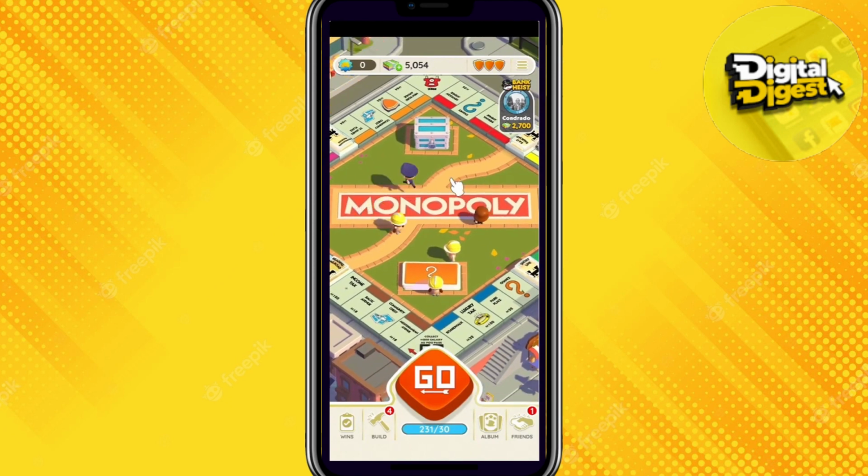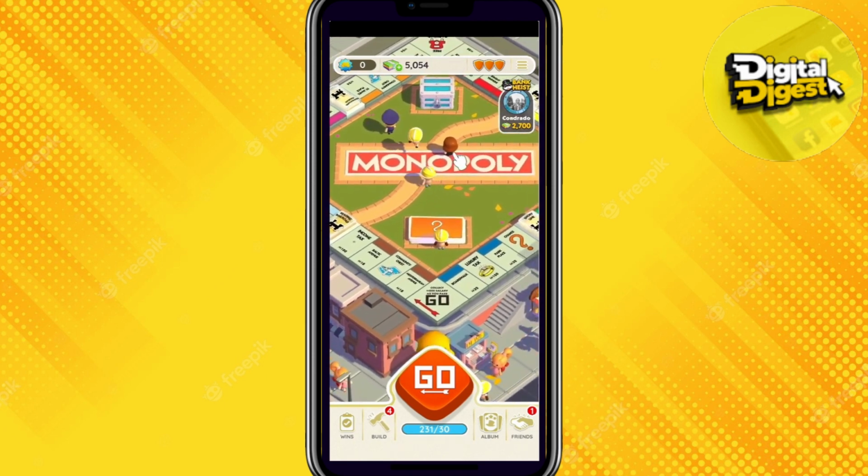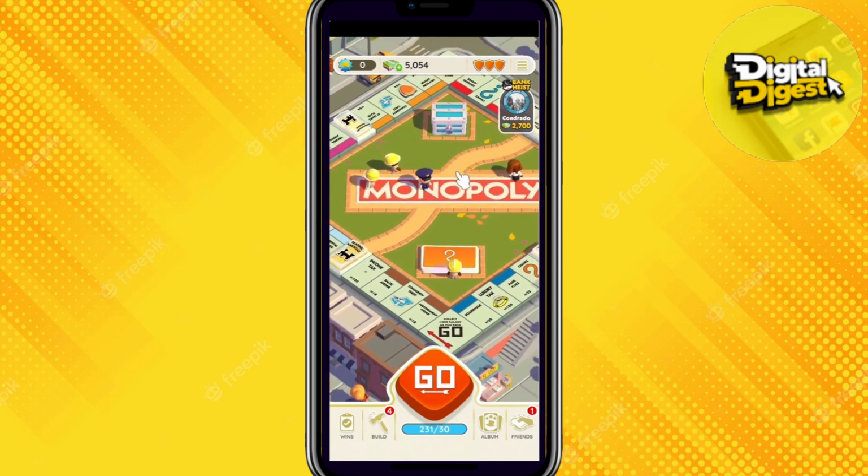Alright, so the quick answer over here is you cannot send dice directly from Monopoly Go as it is not a feature in the current version. However, there might be an option in a future version, but as of now there is only one way which